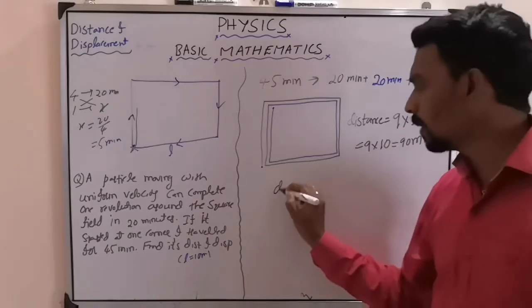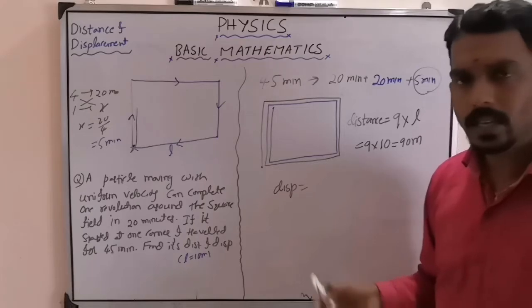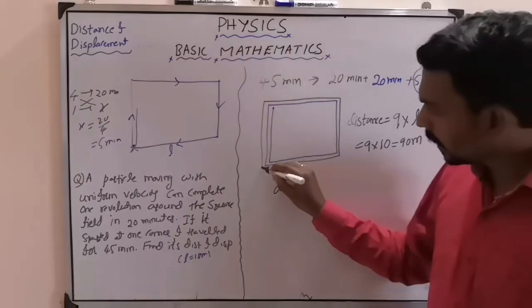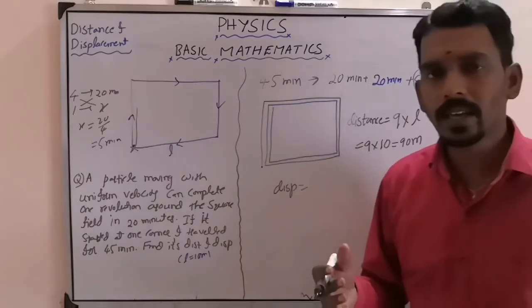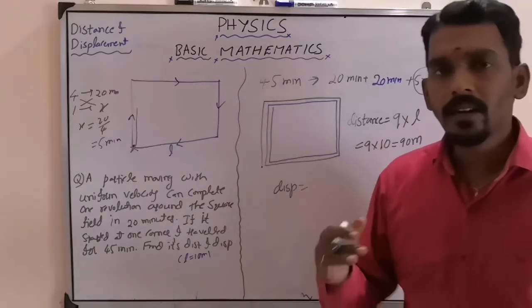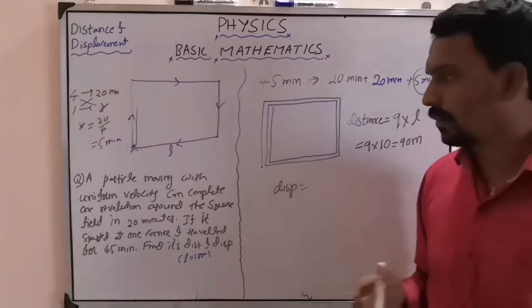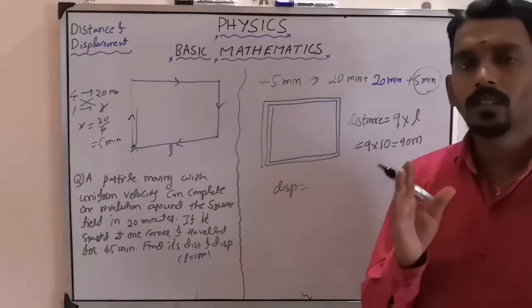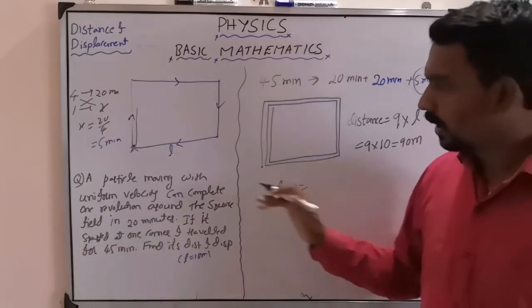Now what is the other one? Displacement. What is the displacement? Shortest distance between initial and final position. So he started here, he ended his journey here. See, they are not specifying where he started, where he ended. You assumed that one point because they have given that he can complete one particular corner. So here